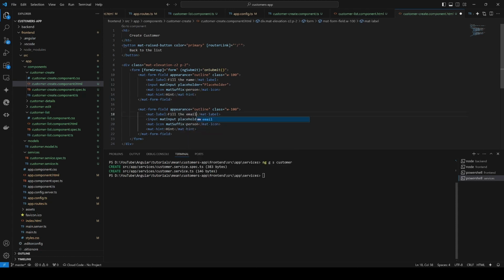So of course we need to specify the form control name, which is name. Same thing here is going to be the placeholder, and here email John. This is the placeholder, and then we need to supply the form control name, which is my email form control, and this is going to be mail,